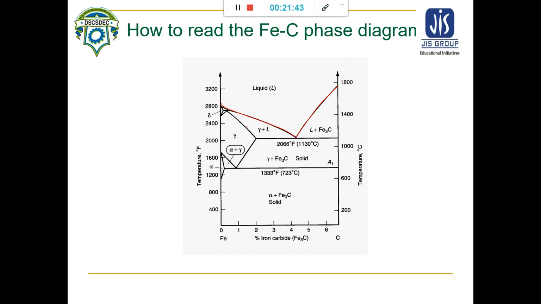So here we can again see the iron carbon diagram in detail. Now this is ferrite. So we will see now how to read the iron carbon phase diagram. See, here it is called ferrite. Next, that range is gamma austenite. Next, this range, 1 to 2%, is known as the steel range. And after the 2%, up to 4.3, this portion is known as the cast iron range.